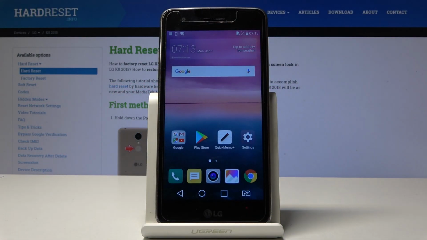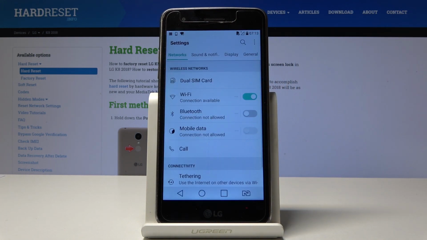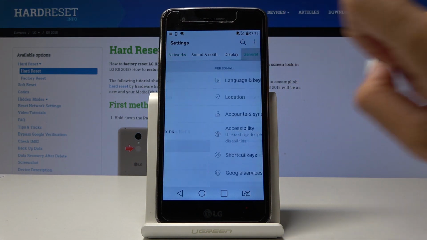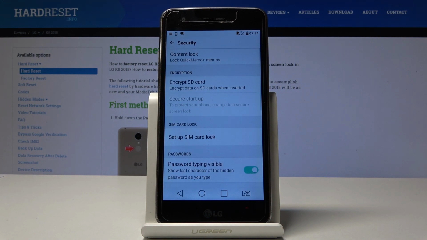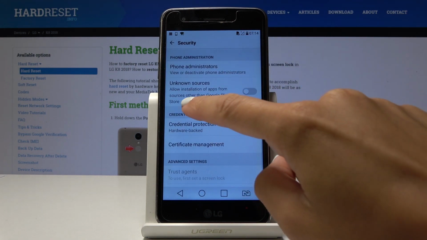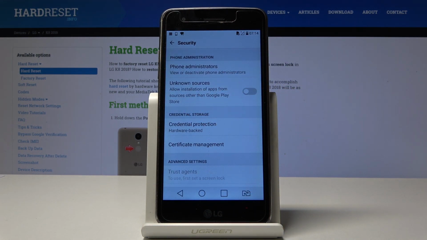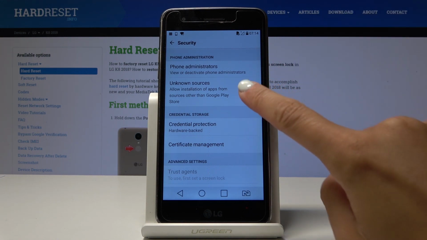Here I've got LG K8 2018, and let me show you how to allow unknown sources on the following device. So at first, let's open the settings, then go to General, so it's the very last tab, scroll down a bit and open Security. Now you have to go to the bottom of the list where you will notice Unknown Sources. So if you truly want to allow installation of apps from sources other than Google Play Store, simply tap